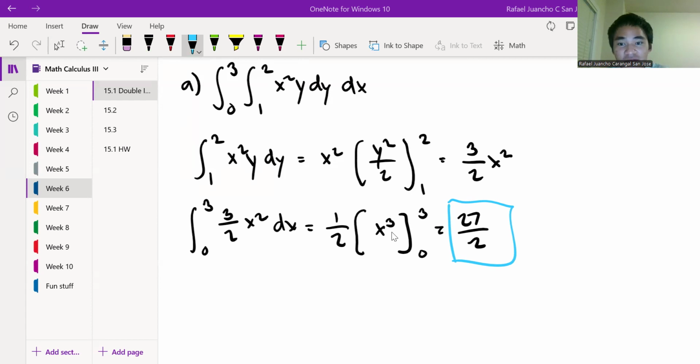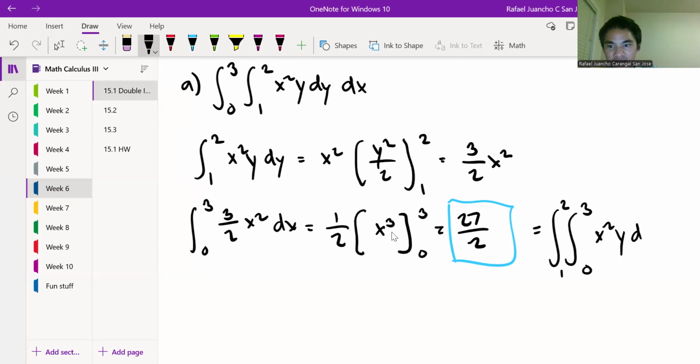Oh, so funny enough, when we do B, just a fun fact, I'm not going to do it anymore because I already saw it. But if we switch the roles, they actually gave a similar example here. Here we make this 1 and 2, and here we make this 0 and 3. We do the same thing, x squared y dx dy. We actually get the same thing,